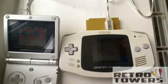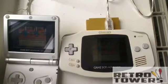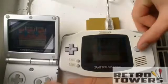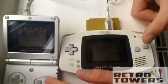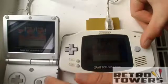The reason why I'm using Pokemon is because this is like the main game people use when they want to use the Game Boy Color link cable. There are many other games that you can use it for, but Pokemon seems to be the one that everyone uses it for, if you know what